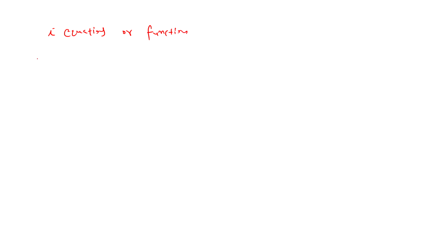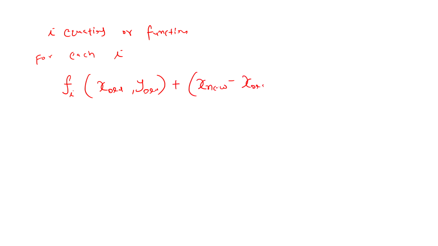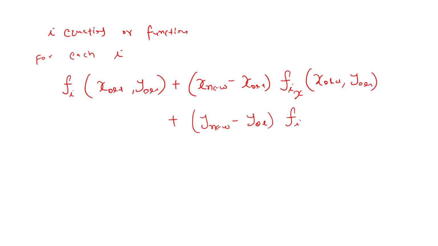So for each I, fi(x old, y old) + (x new - x old) fix(x old, y old) + (y new - y old) fiy(x old, y old) is equal to 0, and this will give me